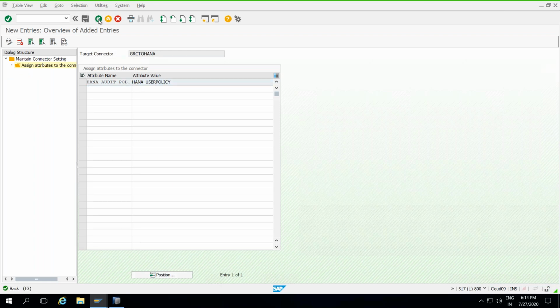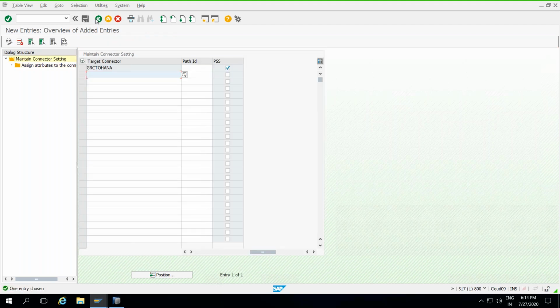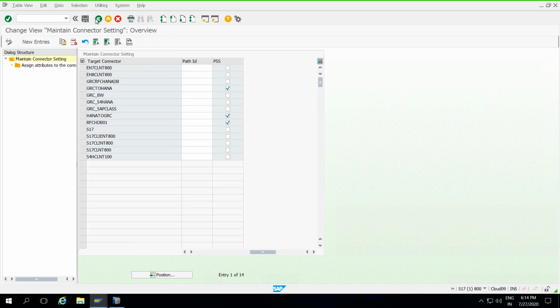So you have to add multiple. Instead of going for a single one, the best bet is you can go for all. All actions are perfectly all right. Some of the guys are only interested in the user administration perspective, so I don't want that. I can go for all. So that is done. Next one.